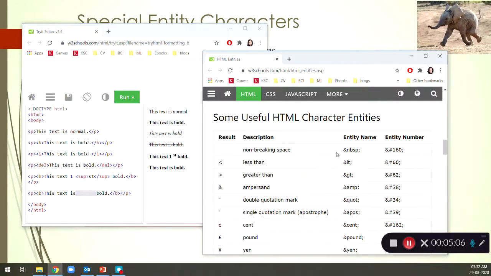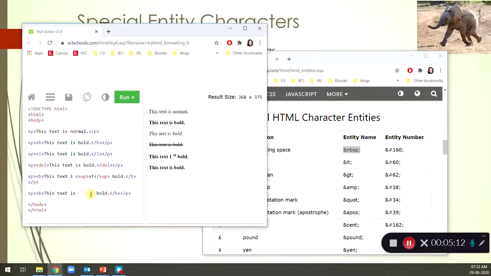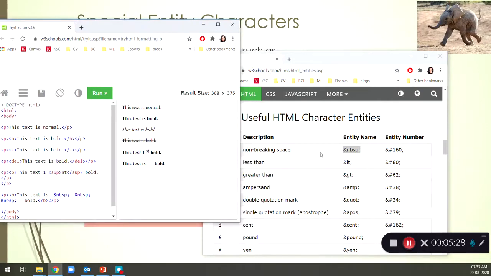So how do we give a space in that case? For that you have to use ampersand NBSP semicolon. Here if you use this, then you can see it will create a space. However many spaces you want to create, that many ampersand NBSPs you can use. So the empty space is some kind of special entity character.